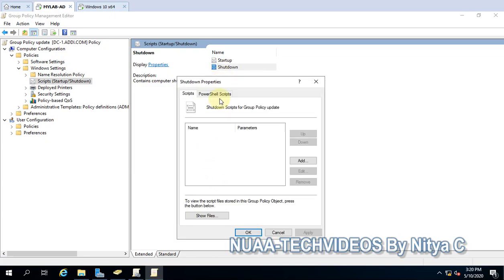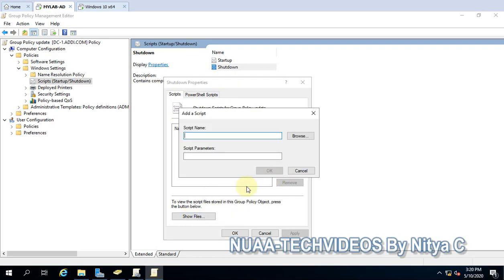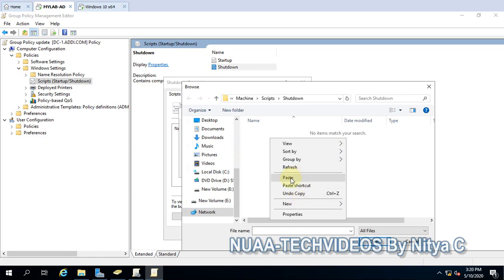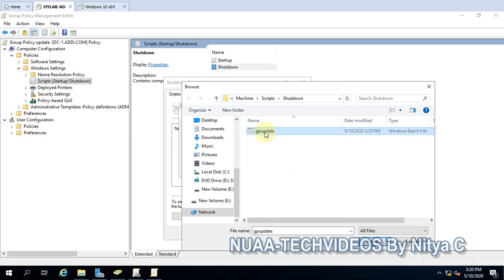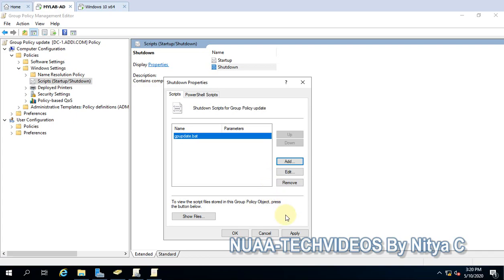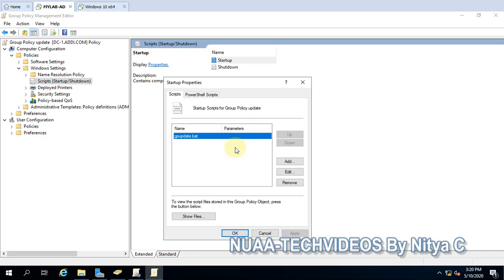Similarly in the Shutdown, we can go either way, Show Files, or follow this way: Browse, and here we can paste it. Open, OK, Apply, then OK. So we have added the script for startup and shutdown.